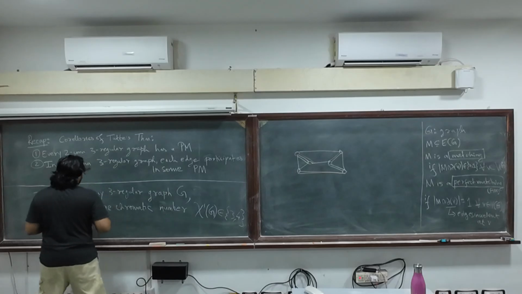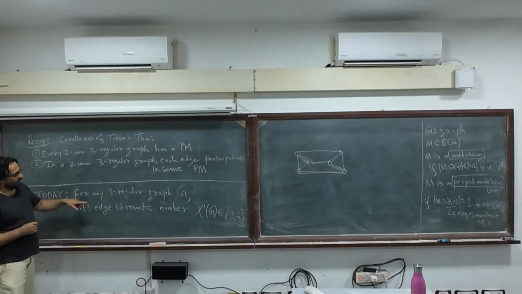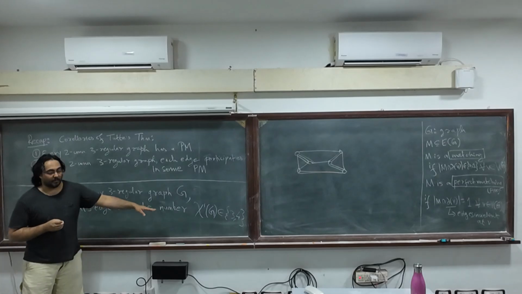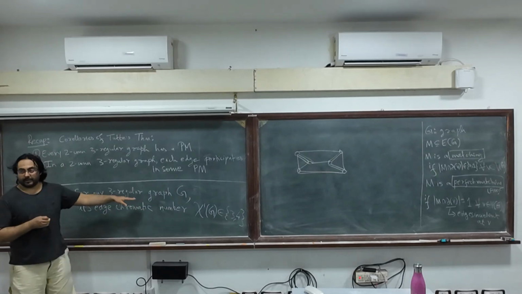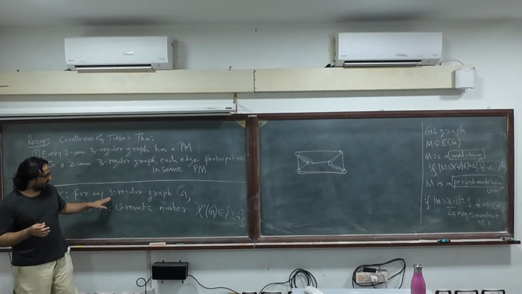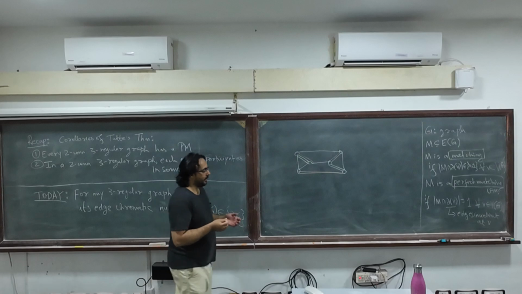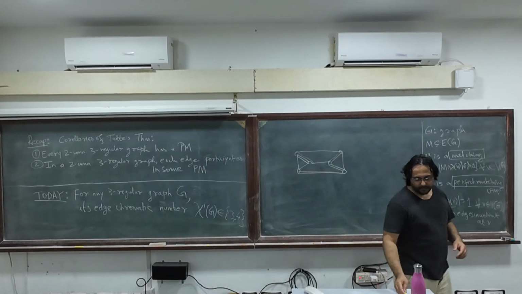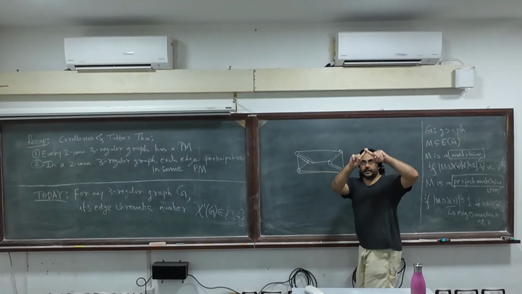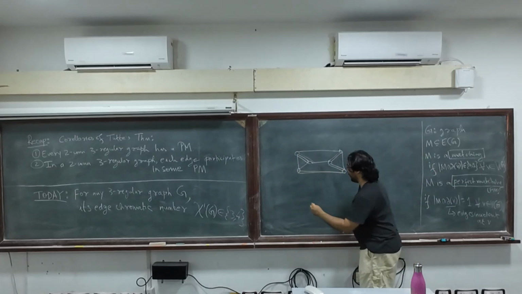Alright. And today what we will prove, one of the things we will prove, is that the edge chromatic number of any three regular graph, irrespective of whether it is two connected or not, that number is either 3 or 4. So what's the edge chromatic number? It is the minimum number of colors you need to color the edges so that any two adjacent edges get distinct colors. Right? For example, in this graph,